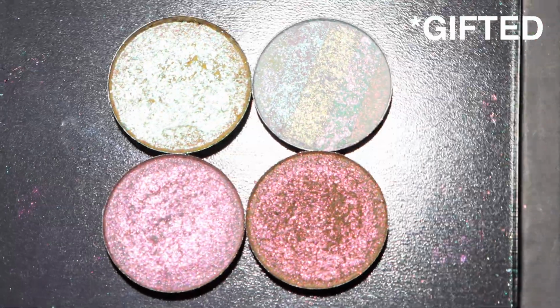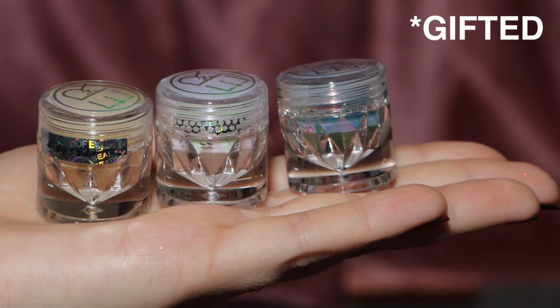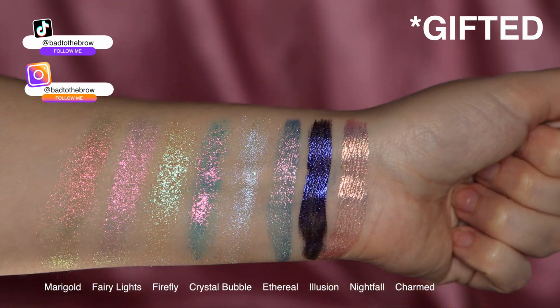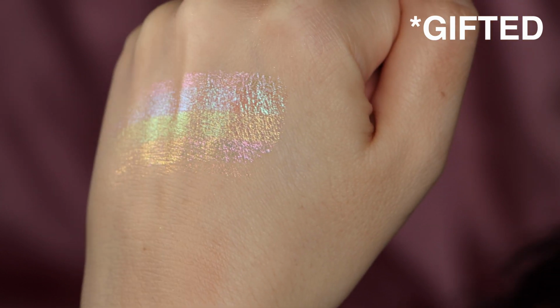I'm going to be trying out a new brand to me, and it is Ensley Reign. There's 3 liquid shadows, 3 loose shadows, 3 pressed shadows, as well as a rainbow highlighter. So I'm going to be showing you some swatches, and then I'm going to create 3 looks, 1 look per 1 type of product, and then I'll give you some of my initial thoughts on the brand at the end